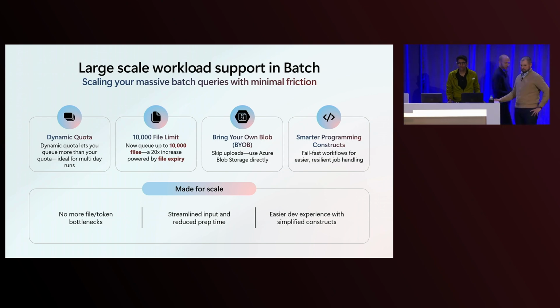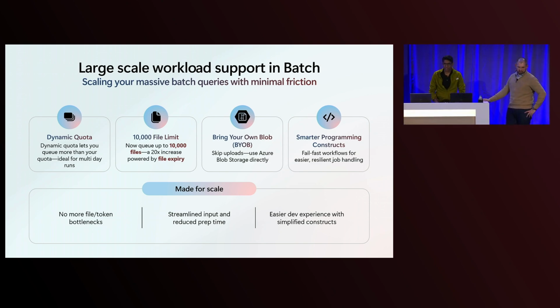Yeah, so what's new in batch is we are announcing large-scale workload support. Till now, customers run batch for a 24-hour workload. They use a quota in token capacity, for example 10 billion tokens, and then execute it. But one of the key asks from customers is, hey, I've got a large workload, similar to what CVS is going to talk about, billions of tokens, but I want to execute this over a weekend or over a few days. How do we do that? And these are the 4 new features that we are announcing for Build.